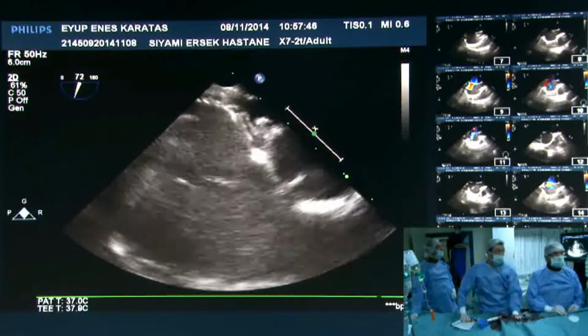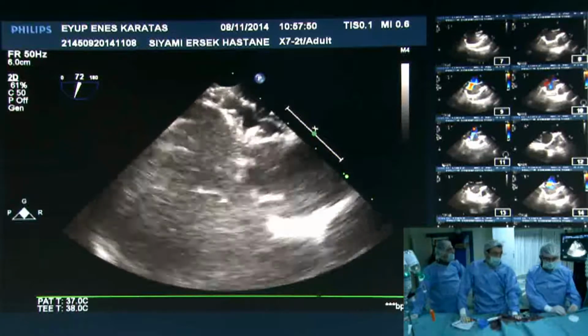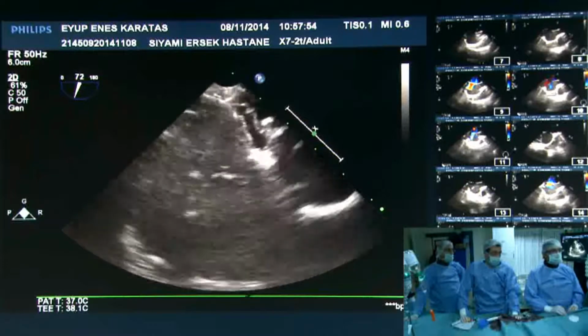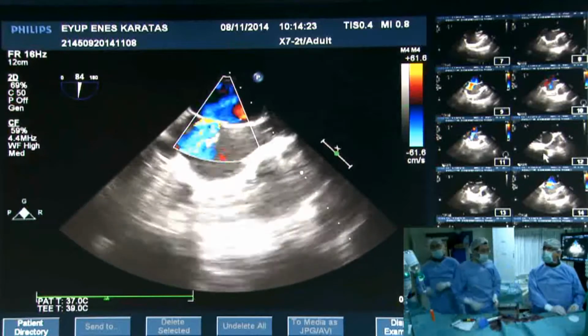So you did balloon sizing anyway, yes, in this case? Yeah, we agreed with the majority and we did balloon sizing and we found about 16 millimeter in this patient. So similar to the basic...